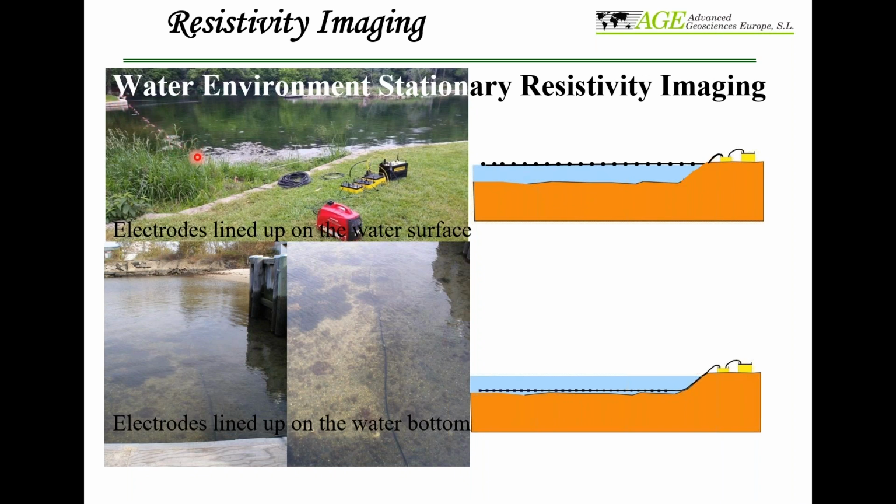So here you can get 2D studies. You would just move the line and then make 3D studies like this. On the top of the surface, you move your cable, measure statically, then move to the next line, measure, next line, measure, and then combine all these parallel lines to make a 3D image. You can do that easily in such a water environment, with the cable floating on top of the surface. That will be easy to control,